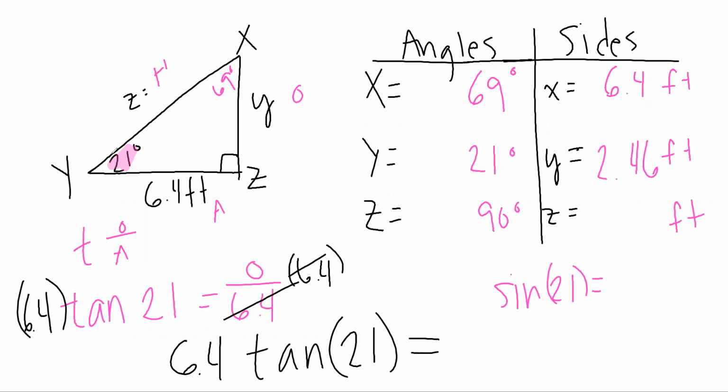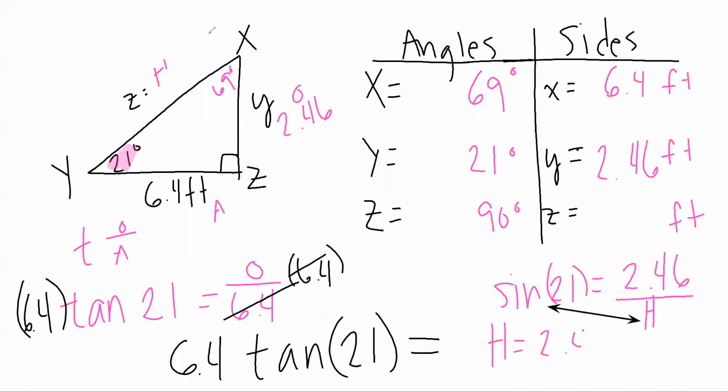So the sine of my 21 degree angle is going to equal my opposite, which I found to be 2.46. I should have written that in there, over my hypotenuse. Well, now my variable is in the denominator. Whatever will I do? Well, I'm just going to flip-flop. I'm going to change the spots of these two things. So what I will have is h